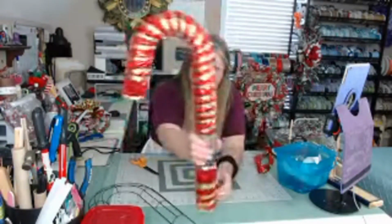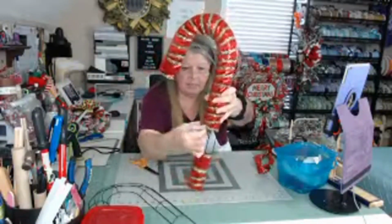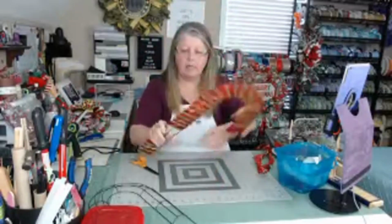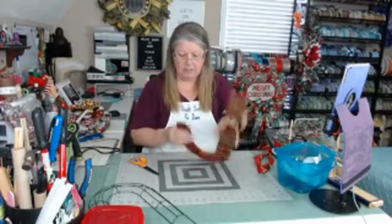All right, so let me hold it like a candy cane so you can see it. There is the candy cane all wrapped. And as you can see, I left this section open. That's because I'm going to crisscross these two candy canes and I don't need that section filled in. All right, so now I'm going to go ahead and